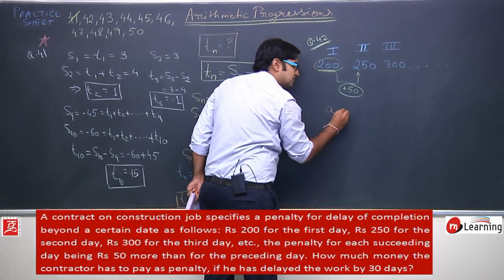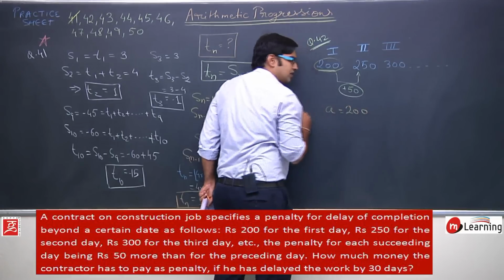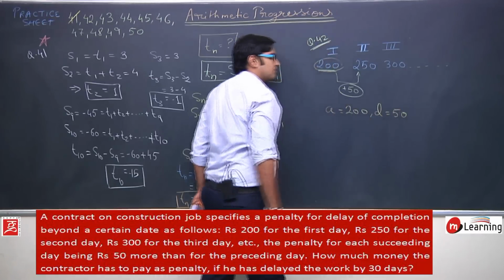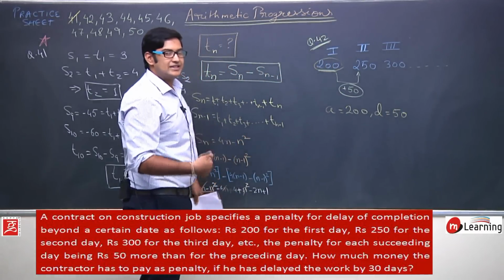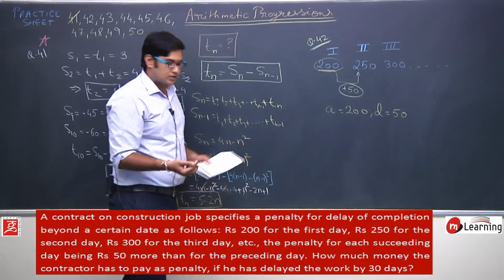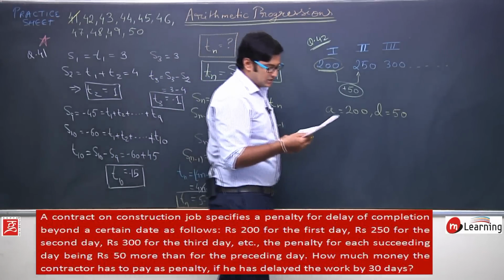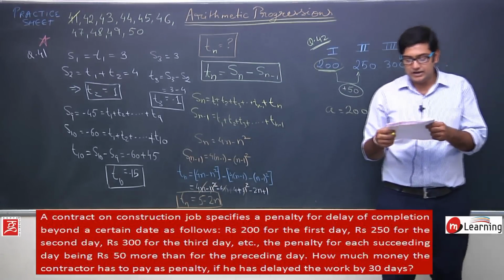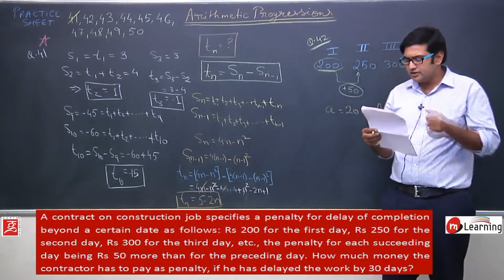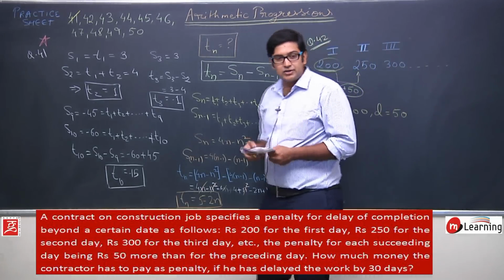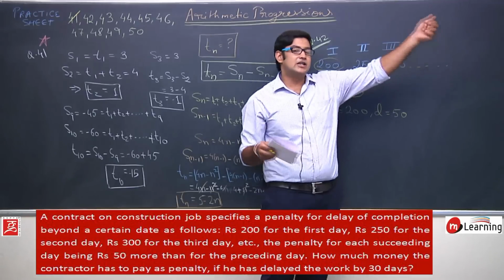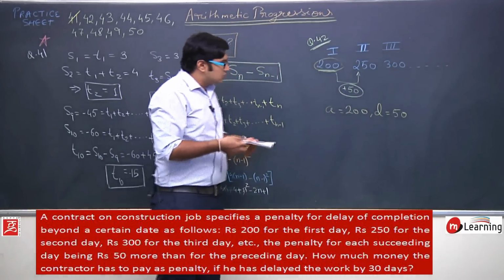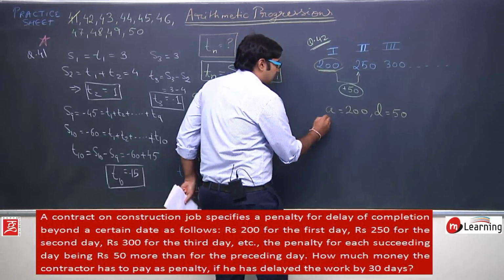So I will say the first term of this arithmetic progression is 200, and the common difference is 50, because every time 50 rupees is added to the penalty. Now what the question asks is how much penalty the contractor has to pay if the work is delayed for 30 days. So if this penalty continues for 30 days, how much will be the total amount of the penalty that he needs to pay? So what it is asking is, we need to determine